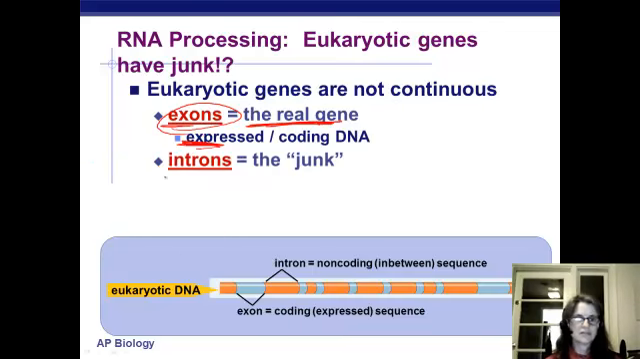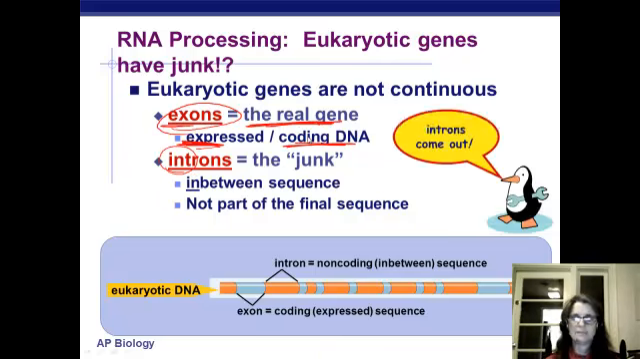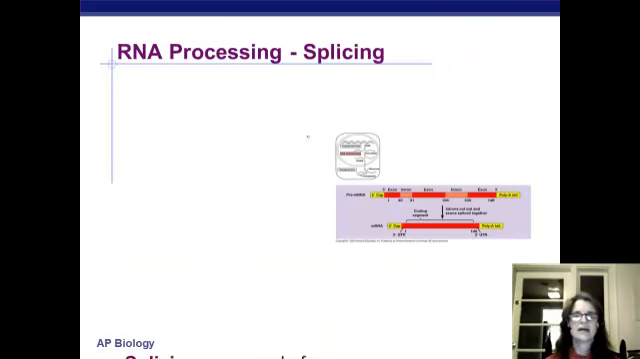Introns are the stuff that's in between the coding parts, and this is the junk. It's probably not really junk, but that's what it got called. So it's the in-between sequence and what must get cut out because it's not part of the actual coding part of the DNA. So the introns come out. Okay? Now,